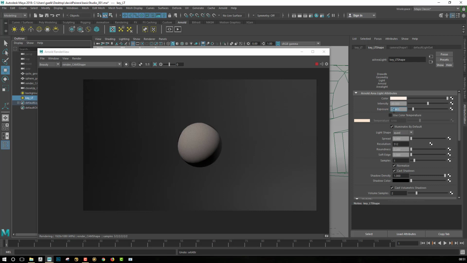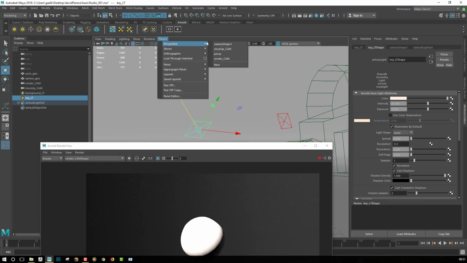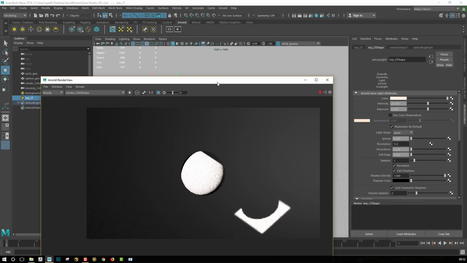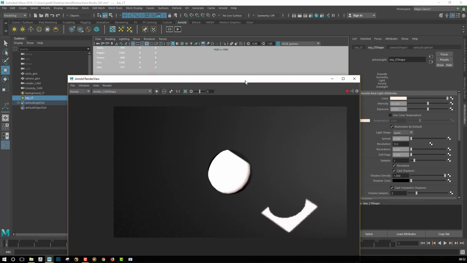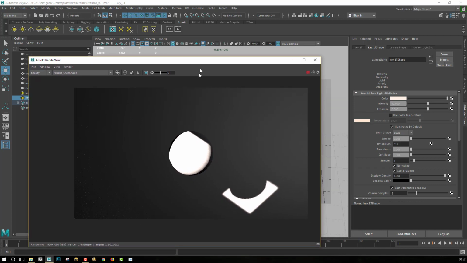So I will just put something like this. Also, if I'm showing you what is happening, let's take back the camera, render camera. So we are in HyperR, which means that we can move directly, and we will see that if we move in the viewport, the rendering engine will update what is happening.